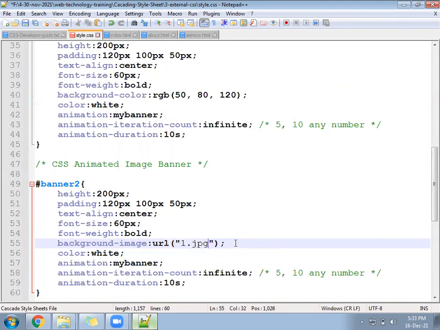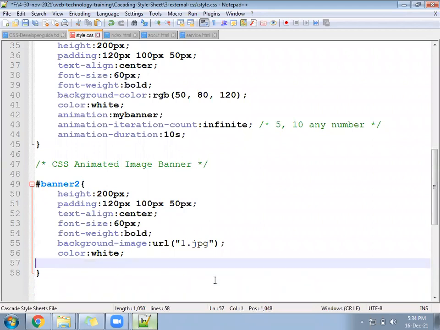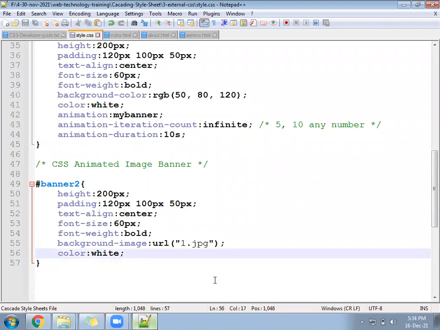This photo should be there in your folder. Double quote is also fine, without double quote is also okay. Color white. Animation we have to write here different. You can cut this and check background is coming as the image or not.